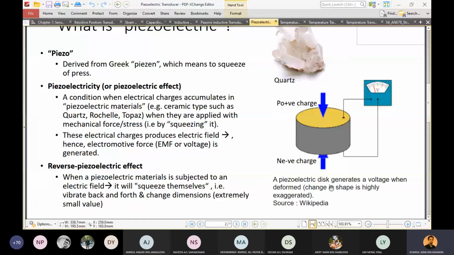This is also a common principle in vibration. When we move, we create vibration. For example, when we step on the floor, we are actually squeezing the floor. When we squeeze the floor, there's some piezo element there, and we can generate a small amount of electricity based on our movement. So the piezoelectric effect is when we squeeze something and it produces a small voltage, a small electric field, and we can possibly utilize it for some application.